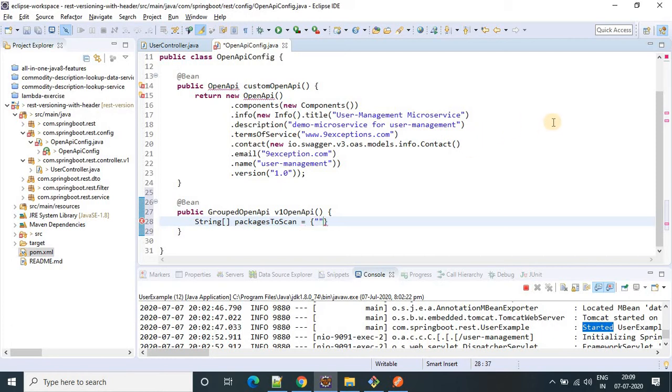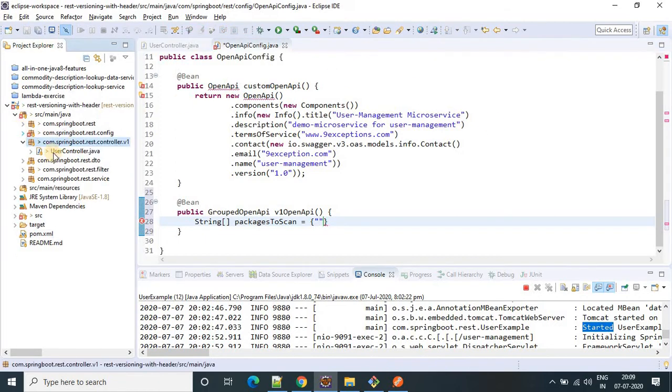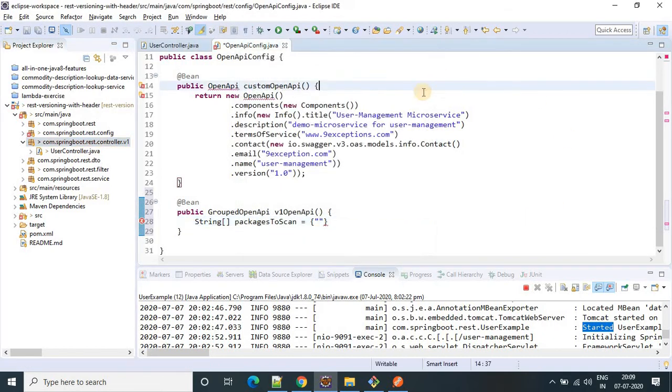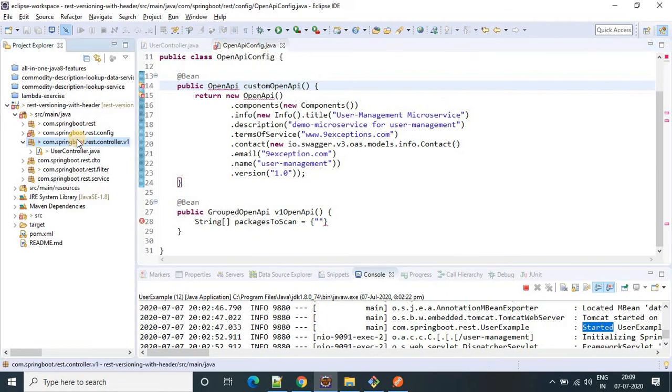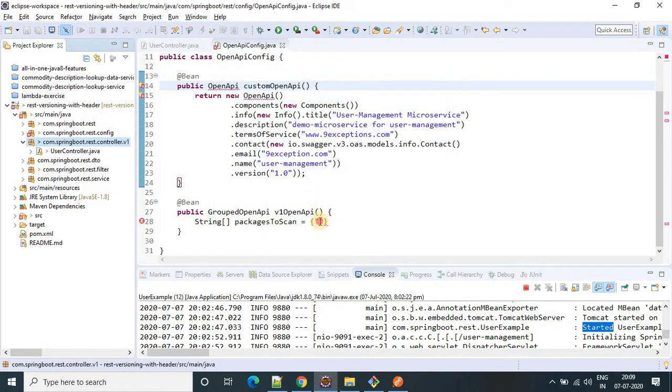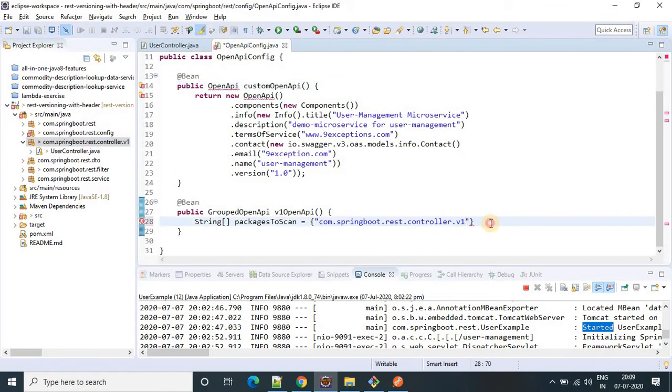So in our case, what is our v1 package? This is our v1 package. Just copy this package and provide this package here.